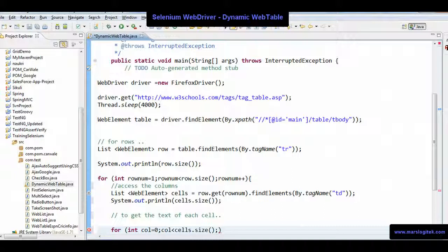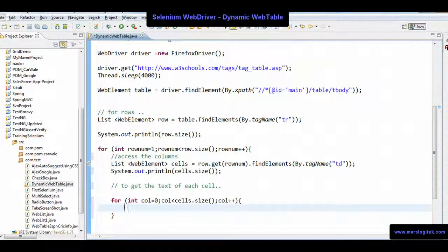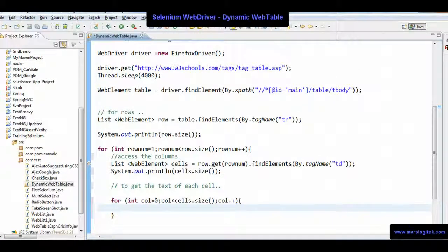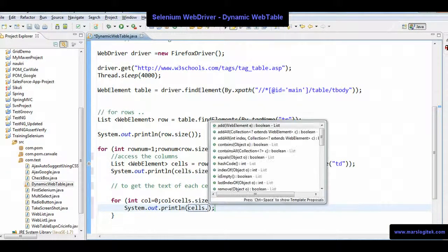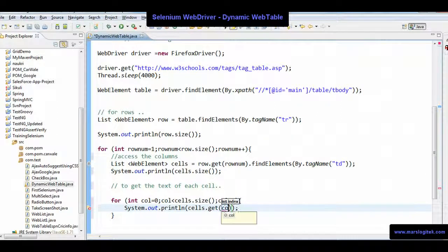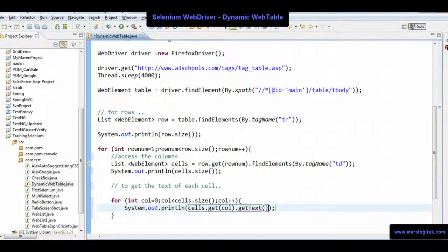And I'll say col plus plus, so we want to jump to the next column. Each time, the row and column is going to get the data and print on the screen. So when I say sysout, I'll say cells dot get column number, col, dot get text. This is the original value it's going to get.